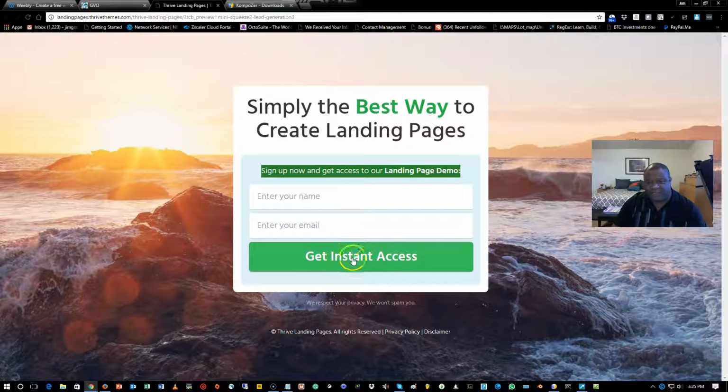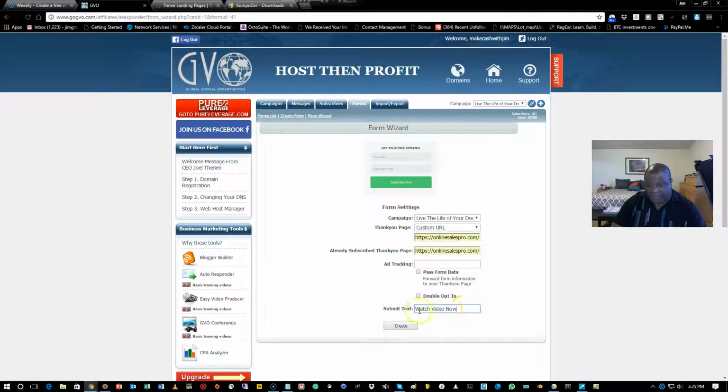Now on this one it says get instant access, but this is for, I don't know what they're promoting, or it's like a generic. You have to edit this stuff once you add it to your page or you create the page. But I want to do this now so I don't have to do it in Composer. If I do this here, it's one less step I have to worry about in Composer. Now we're going to say create,